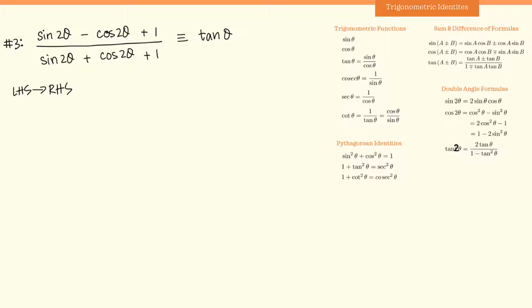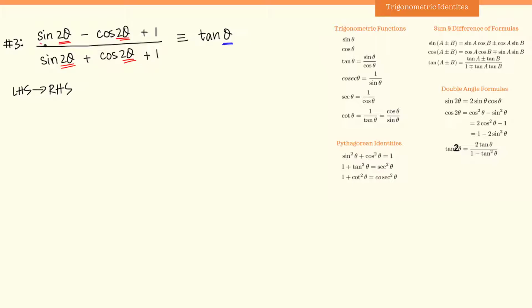So in order to prove the left hand side into the right hand side, first I'll look at the angles. The angles on the left hand side you can see are 2 thetas. All the 4 angles on the left hand side are 2 thetas. But the angle on the right hand side is this theta only. So I need to convert all of these angles, these 2 thetas, into a single angle theta.